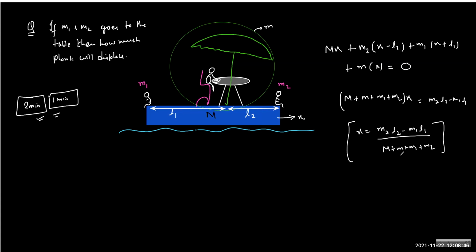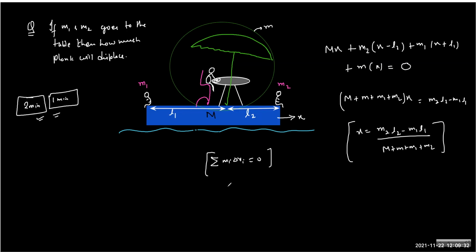Still, I think some of you are not getting the point I'm trying to convey. You begin with the assumption that the plank has gone either right or left by x. It really doesn't matter which direction you choose. Why? Because if it is negative, it means the choice was made opposite to actual, and if it is positive, it means you correctly made the choice. So there is no problem with that choice. Then what we are supposed to write is